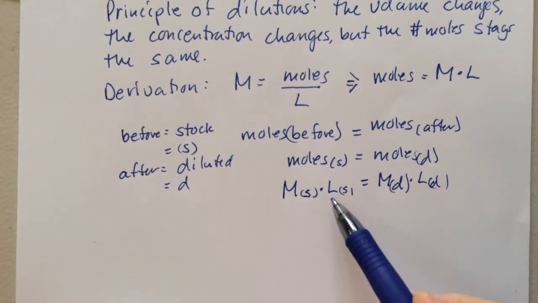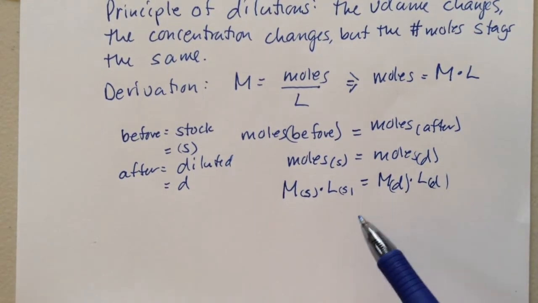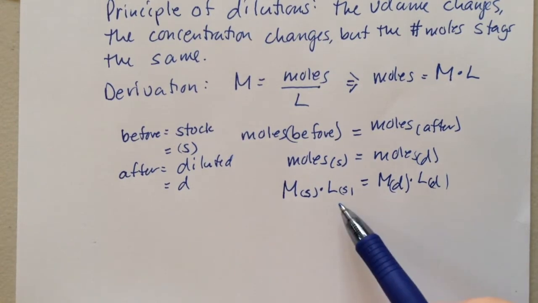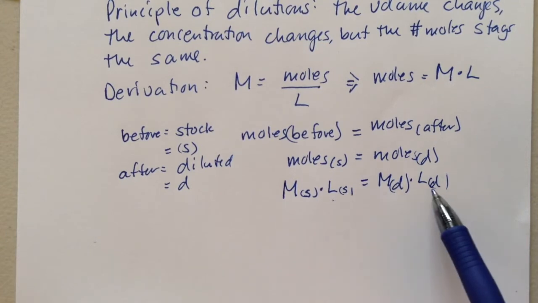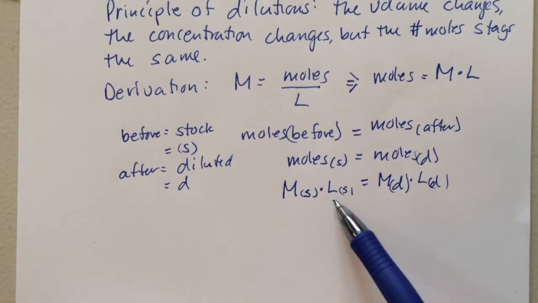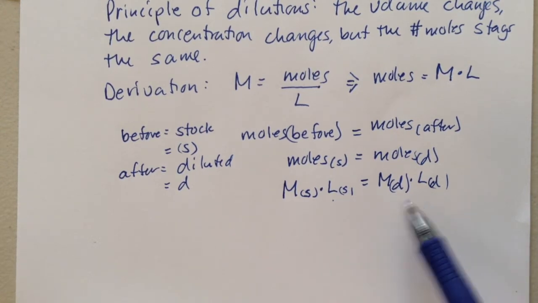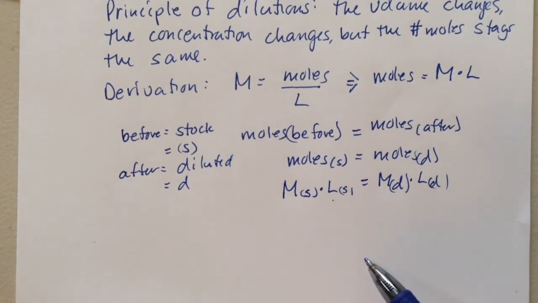But it turns out that it works for liters, but if we wanted this to be milliliters instead, the way to go from liters to milliliters is times 1,000, right? So that I could do times 1,000 on each side, and it would be molarity times the milliliters. Or if I wanted to change it to teaspoons or gallons or anything, whatever I did to the left, I'd do to the right. So instead of saying that it has to be liters, we can say it works for